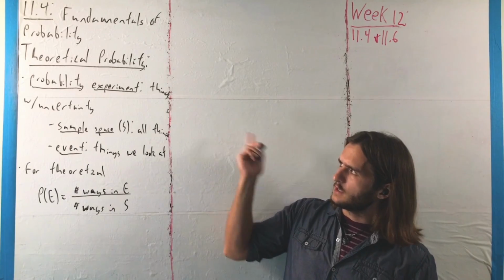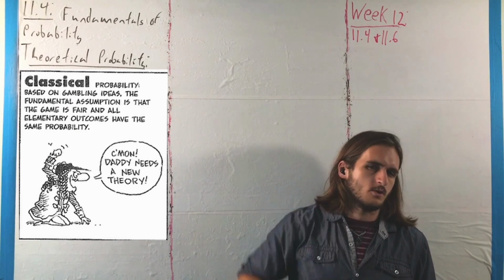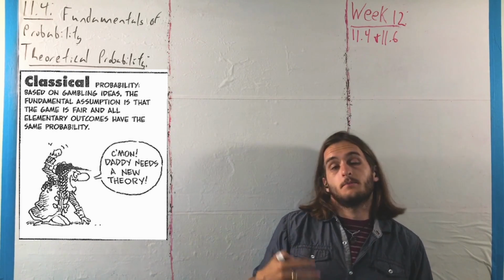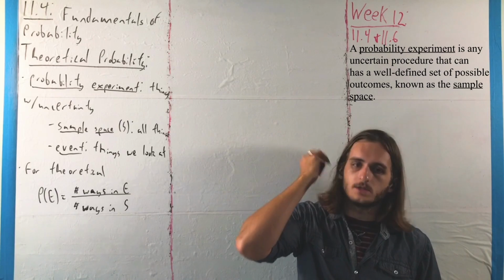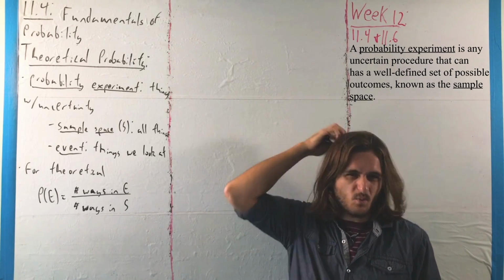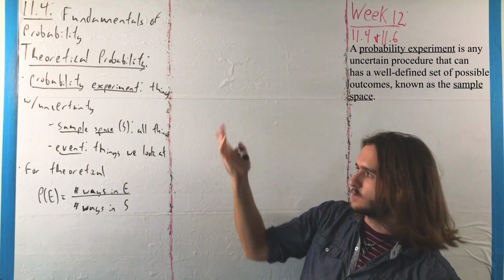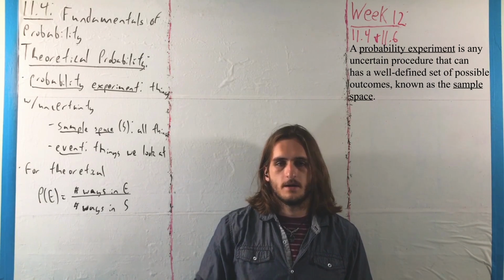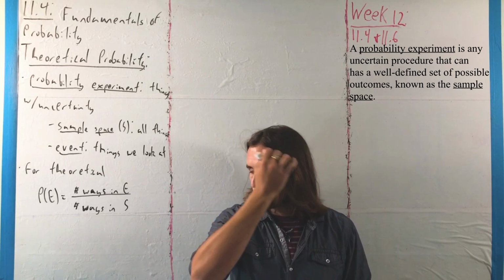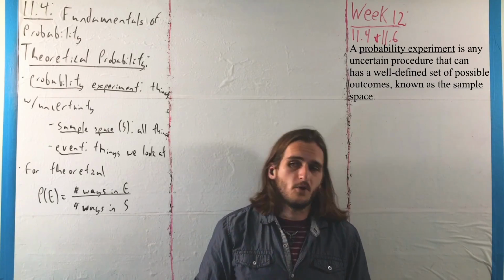Before we get into our ideas with theoretical probability, I want to set our notation a little bit more carefully. We're saying a probability experiment is whatever thing with uncertainty we're trying to describe here. It can be a little bit more exacting in terms of what we're looking at, but I'm trying to be loose here with the word thing because there are some important other words in here that I don't want to step on and give the wrong idea for, where we say the sample space is the set of all possibilities